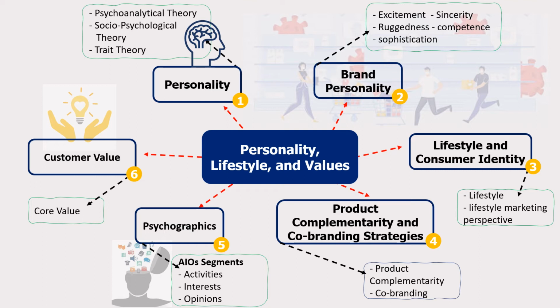The fourth one is competence. That means successful, accomplished, influential, and leadership. An insurance company, for example, might strive to establish itself as the firm consumers can count on. The fifth and the last is sophistication, which encompasses prestige and elegance. This is the brand identity of many luxury products, including clothes, jewelry, fine food, and drinks.